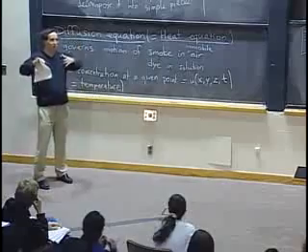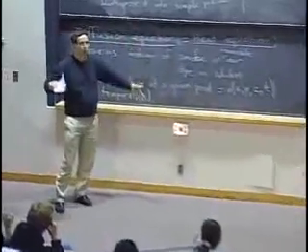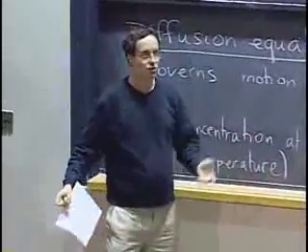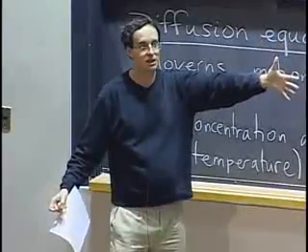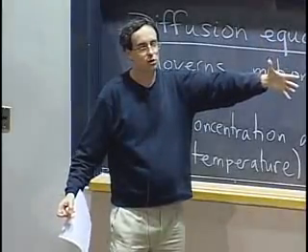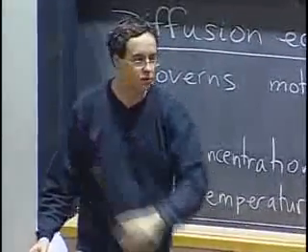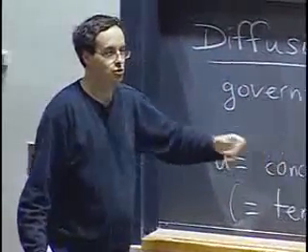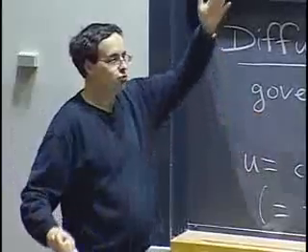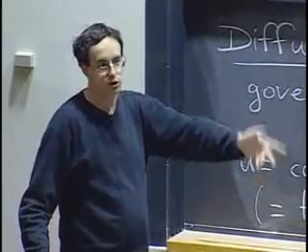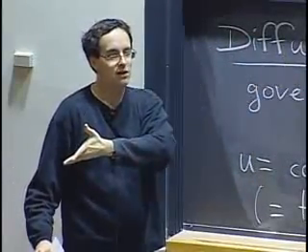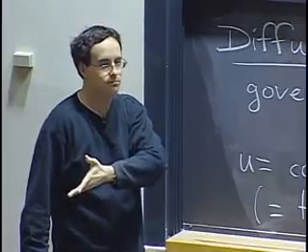So, for example, say that you have a big box made of metal or something, and you do some heating at one side. You want to know how quickly is the other side going to get hot. Well, you can use the equation to figure out, say that you have a metal bar and you keep one side at 400 degrees because it's in your oven. How quickly will the other side get warm?